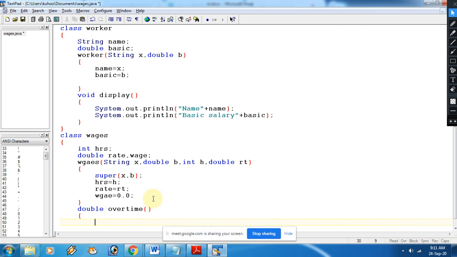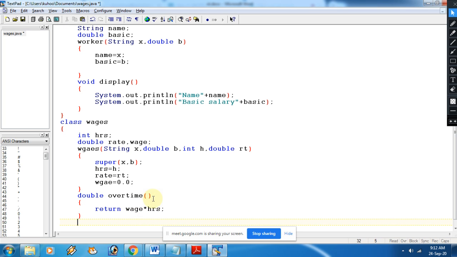So what we are supposed to return? Wage into hours. This is the only requirement in this question. It's already written in this question. In this part, what we are supposed to do? We are supposed to return wages into hours.